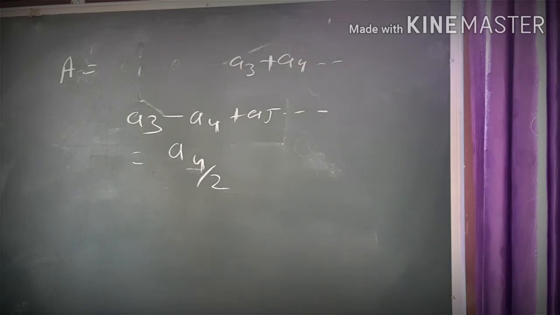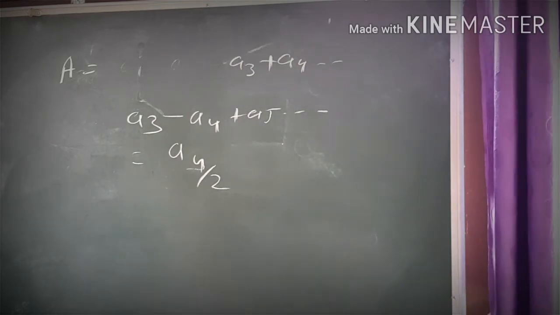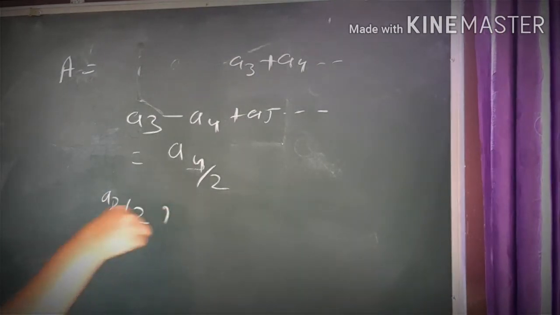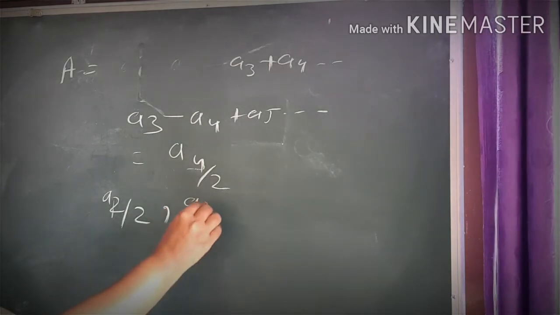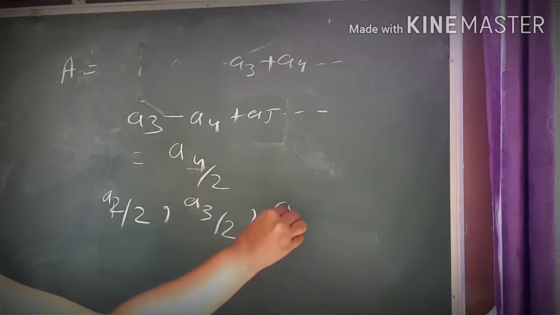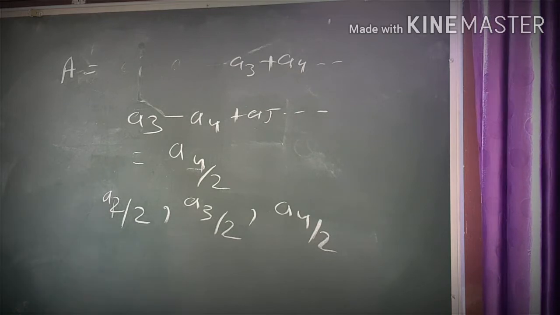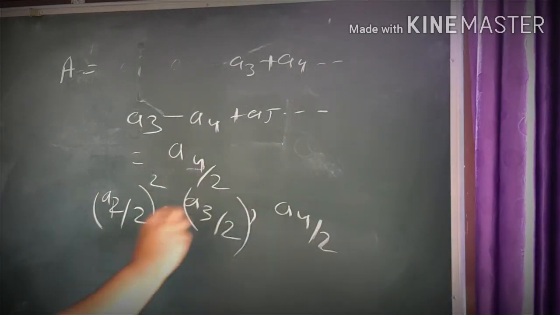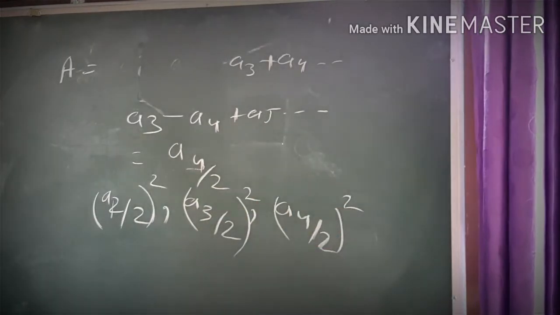Now if our obstacle obstructs only one half period zone, then amplitude is A2 by 2, and if two half period zones are obstructed, then this is A3 by 2. If 3 half period zones are obstructed, then this is A4 by 2 and so on. This is the amplitude. If we find the intensity, then we know intensity is the square of amplitude. This is the intensity at these points.